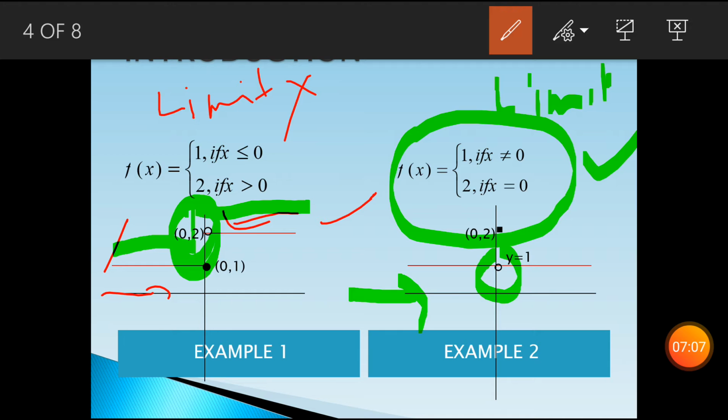But is this function continuous? If you are going to draw, then what is happening? First of all from here to here, then all of a sudden we have to jump to this value, and then again there is continuity. It means we cannot draw this graph without lifting our pen. So this is not a continuous function. So here we can conclude that the limit existence is very necessary, but even if the limit exists, the function may be discontinuous. So it is important. What is important? That we are going to focus on.